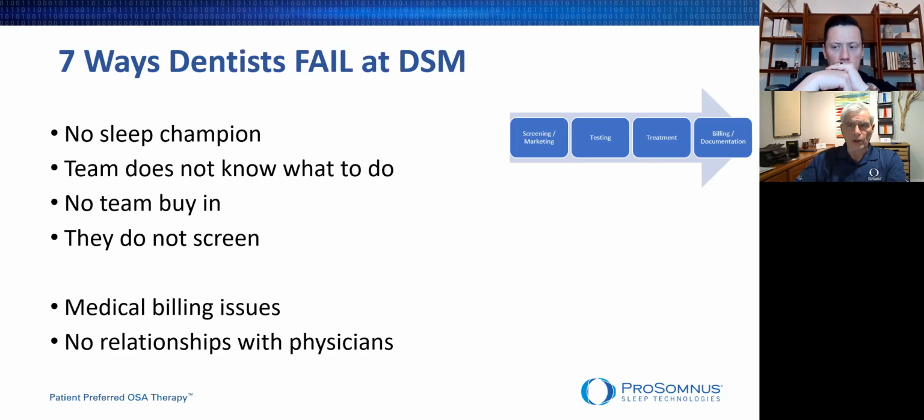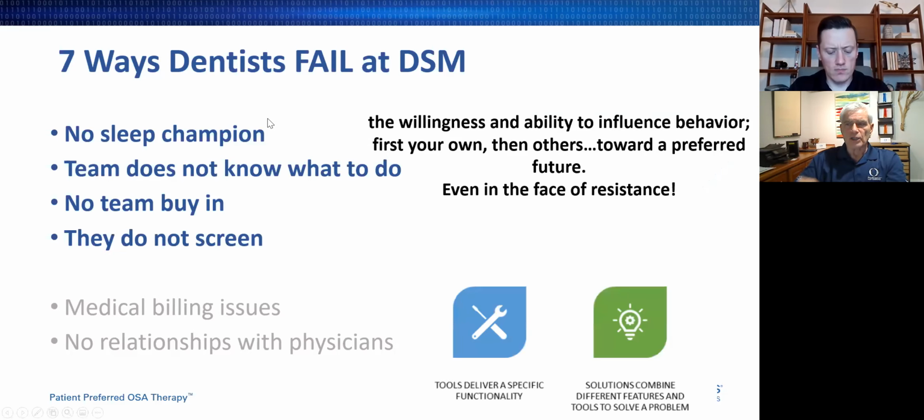The top 4 are all leadership issues. Not having a sleep champion, not having the team know where we're going, why we're going there, not having buy-in, not making sure that we've got a good reason to screen all of our patients. That's leadership. If we're all rowing really hard, but we don't know where we're going, that's not good. Instead, it's my job as a leader to inspire my team to see this preferred place where we're doing dental